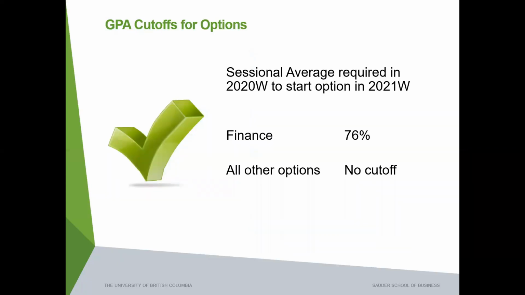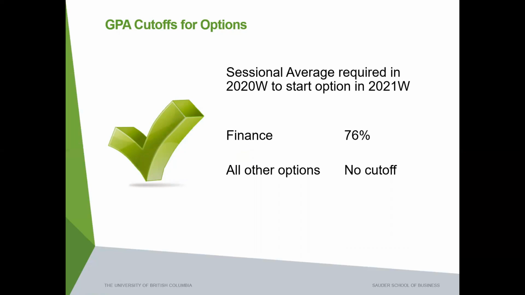Now, you probably have heard there's a lot of talk about cutoffs for options. And really, there is only one option that has a cutoff, and it is the finance option. And it's basically there because of supply and demand of courses. There's no other reason. So the 76% is the cutoff average for your 2020 winter average, which includes all courses